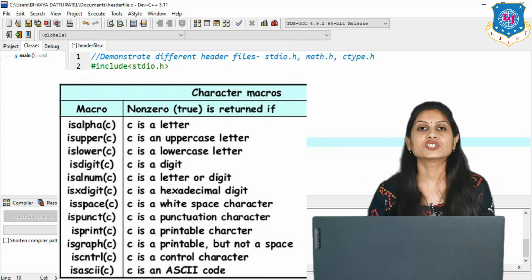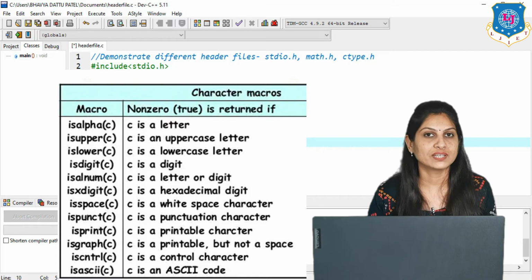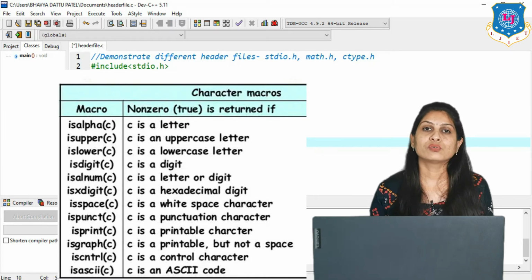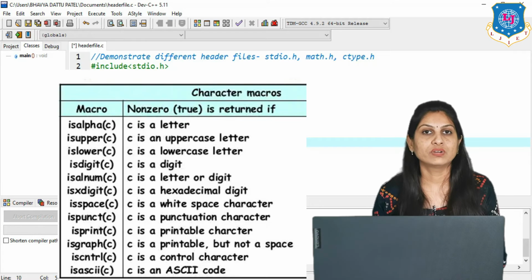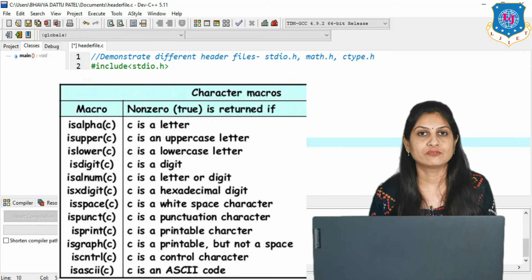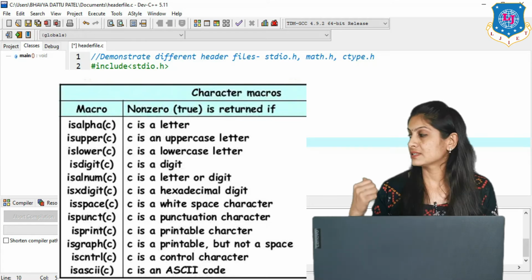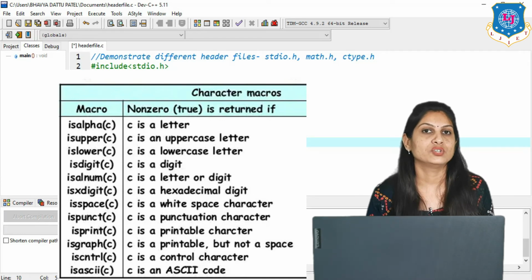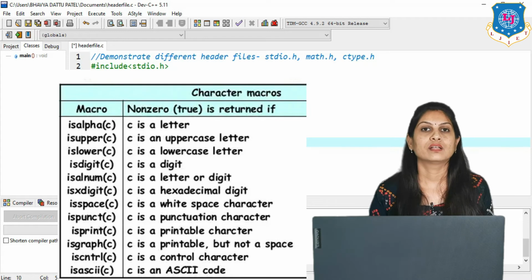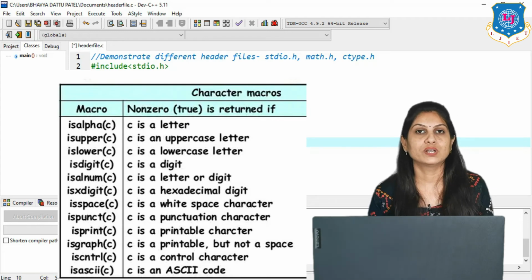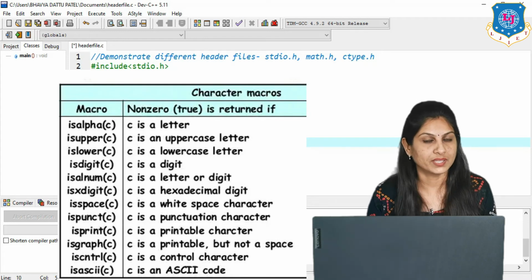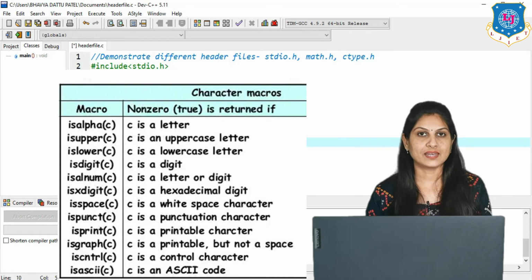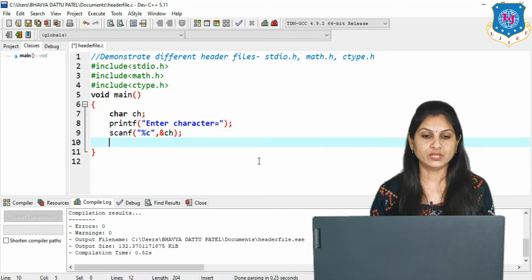Likewise, another function is islower, to check whether the character is in lowercase or not. Then there are also functions to convert from uppercase to lowercase and from lower to upper. The tolower function converts a particular character into lowercase, and toupper converts a particular character into uppercase. So we are using these in our program one by one.